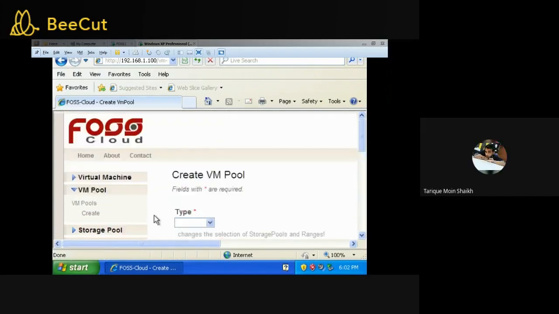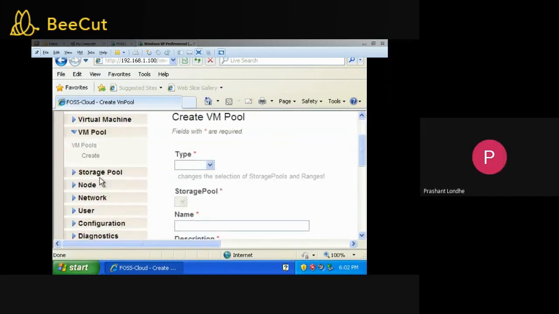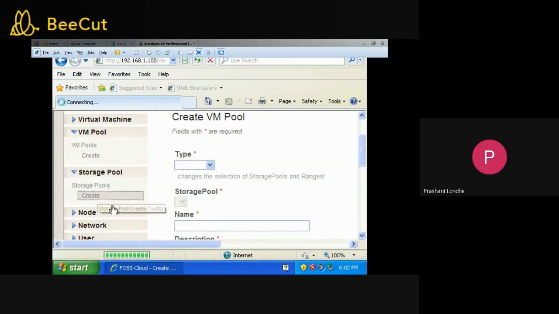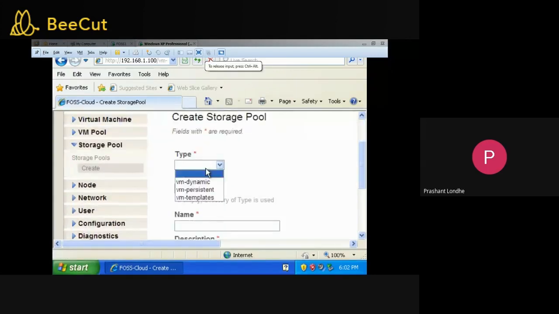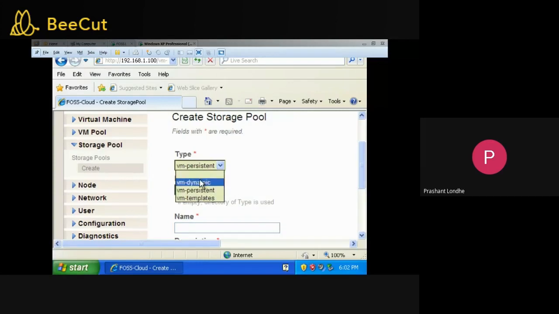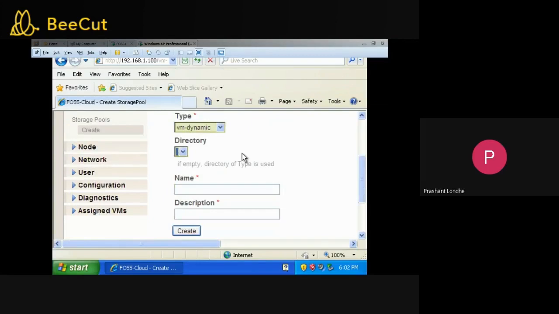Yes, sir. Okay, fine. Similarly, you can go for the storage pools also. You can create anything like virtual machine, dynamic, virtual machine, persistent. Then the wait for the directory. Okay, fine. If it's empty, then definitely the dynamic directory will be used. It is not a compulsory option.